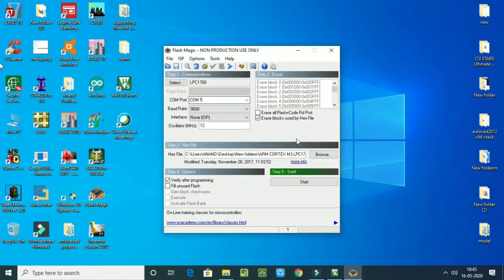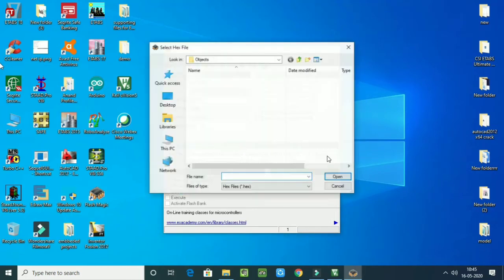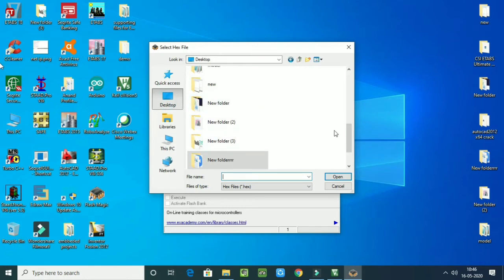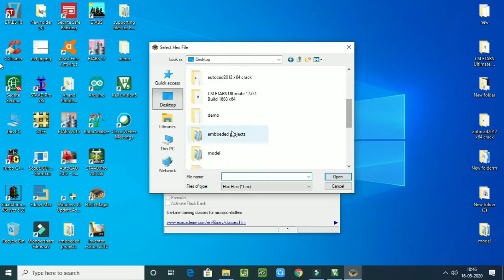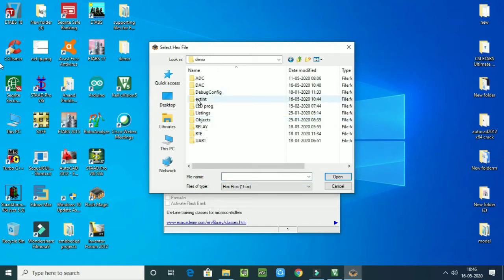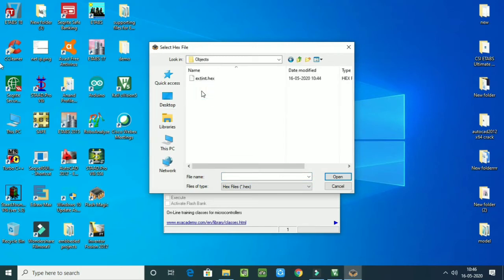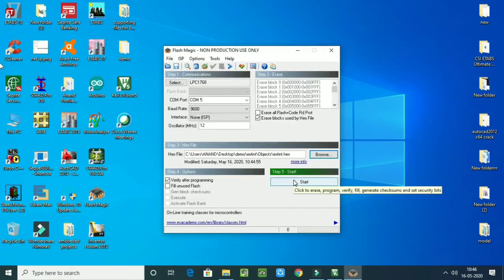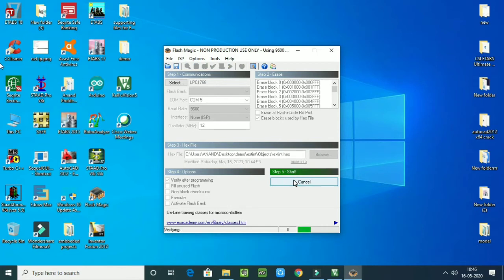So I will select COM5, then browse. My X file will be in folder demo. Inside this extint folder, inside this folder objects. So inside this we will find the X file. So here it is. So let me select it and open. Next, start. Now our X file is being dumped into the kit. Then finish.